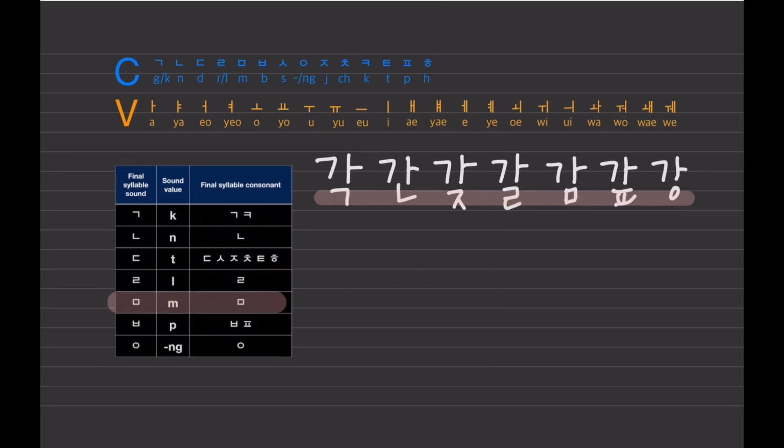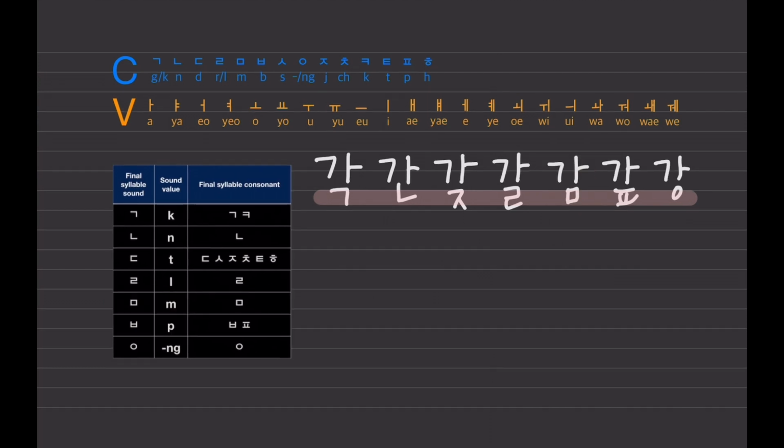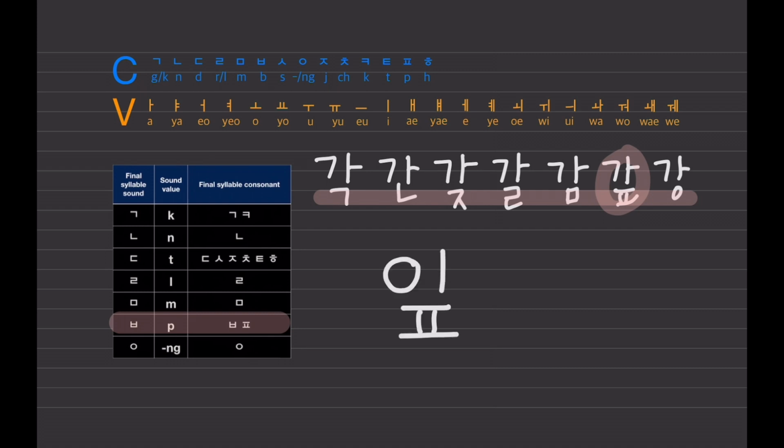And the M sound 받침, this is a simple one. Let's read it. This is 몸, not 몸, 몸. And this one, we read it as 봄, 봄. And third one, 맘, 맘. And the b sound and p sound as a 받침, the sound value of those consonants is P. But still, we can't hear the P sound because we have to stop making sound before we really pronounce it. So basically, those two sound the same.